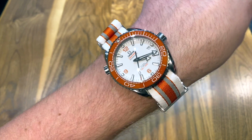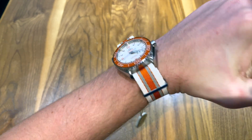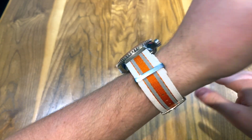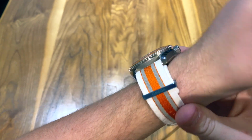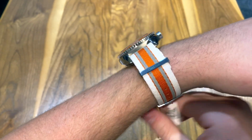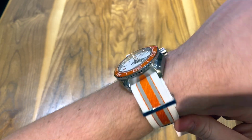It does have relatively short lugs, so that definitely lessens the large appearance of this timepiece. And one thing I would say, this is the NATO strap model. They do have a bracelet option if you prefer that. That's going to be a little bit more expensive, but if you like the bracelet, you can get a bracelet. The thickness of this watch, though, is where the NATO strap might be a bit thick for most people. As you can see, it really is popping off my wrist there. You're definitely not going to be able to slide this under a shirt cuff. I mean, you wouldn't really on the bracelet anyways, but that's something definitely to consider when looking at strap options